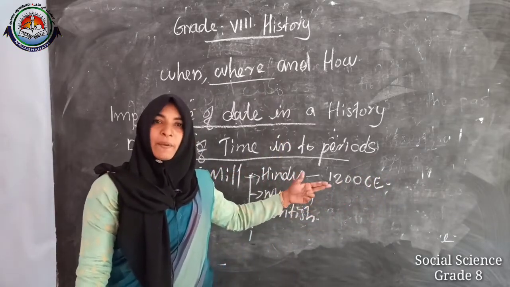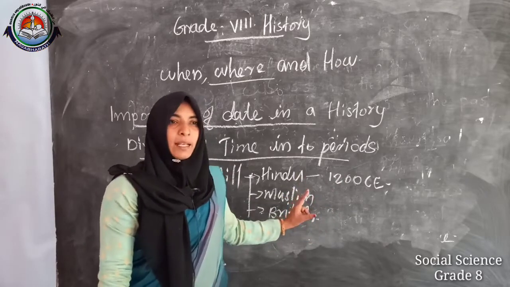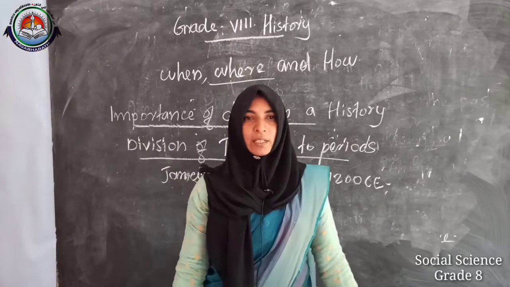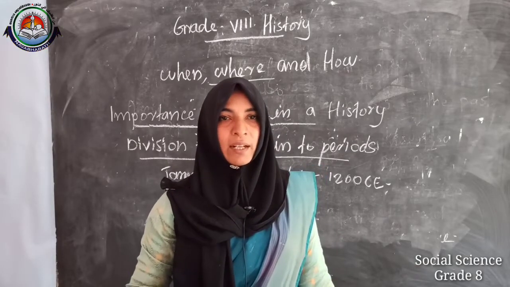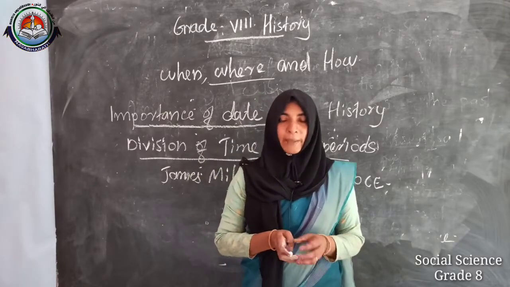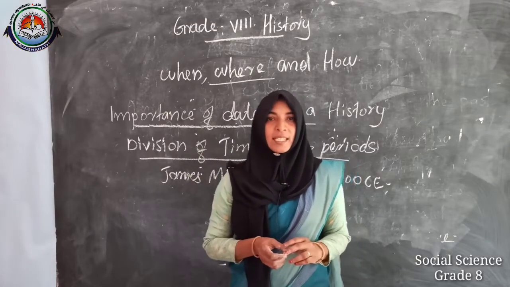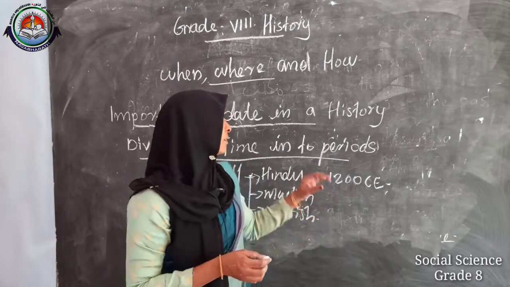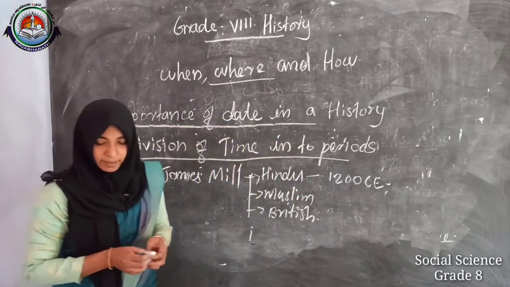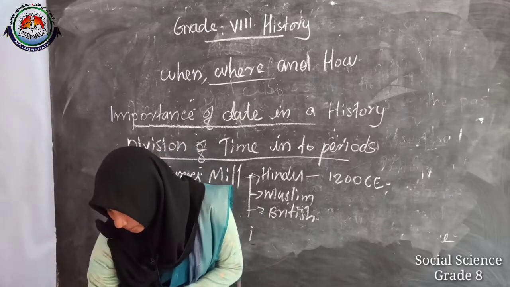After that, before British rule, the medieval period is known as the Muslim period, and after the establishment of British power, that period is known as the British period. That is the first division of Indian history. Then next one,